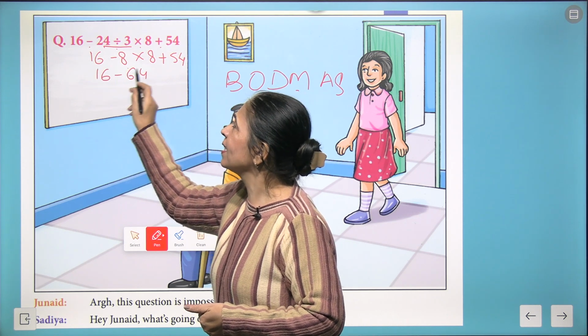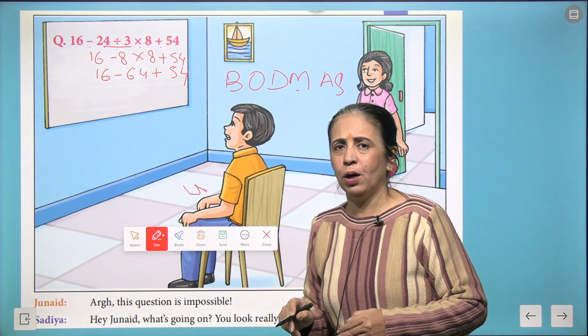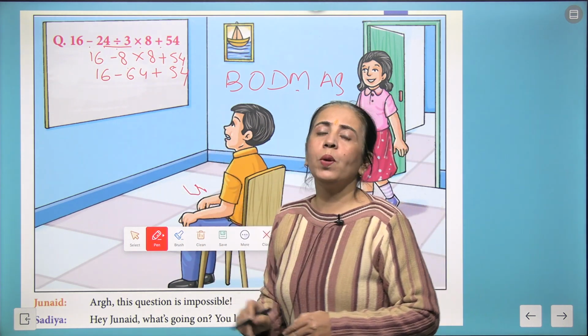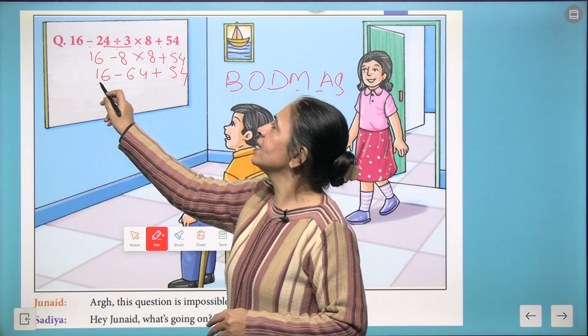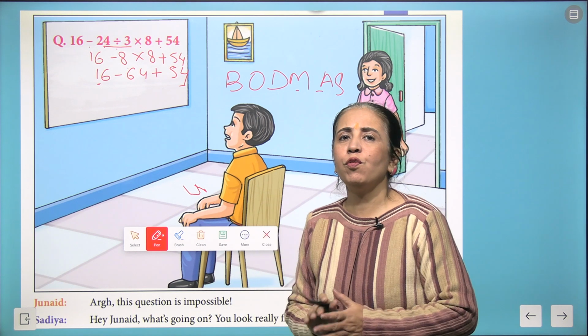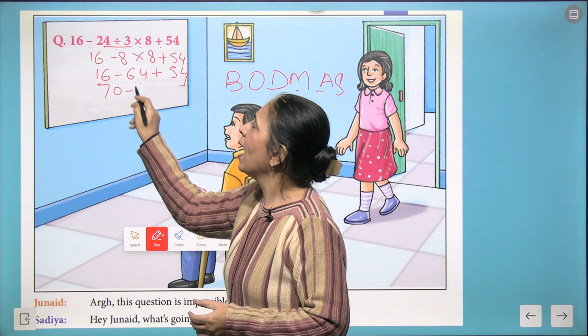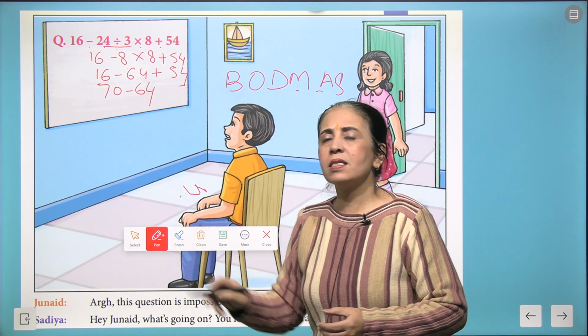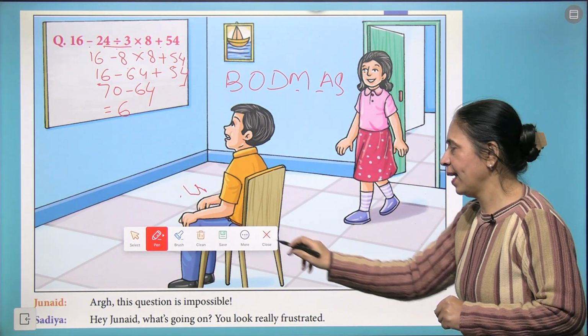So the expression is getting simplified every time you perform an operation. Now we have addition. What will be added? 16 and 54 are added and we get 70, and then 70 minus 64, we got 6 as the correct